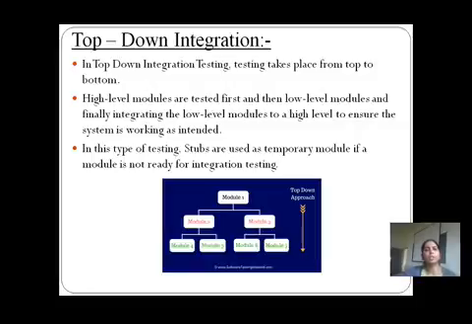In top-down integration testing, the testing takes place from top to bottom. Now see how this type of integration testing is done appropriately in an organization. An organization is basically divided into different levels. What are those levels and how are they required in an organization? These levels are the levels into which the persons working in an organization are divided.